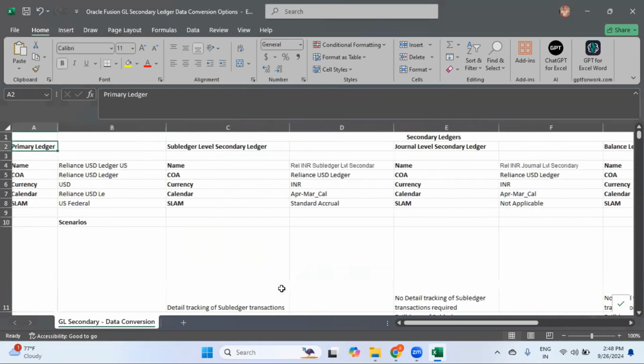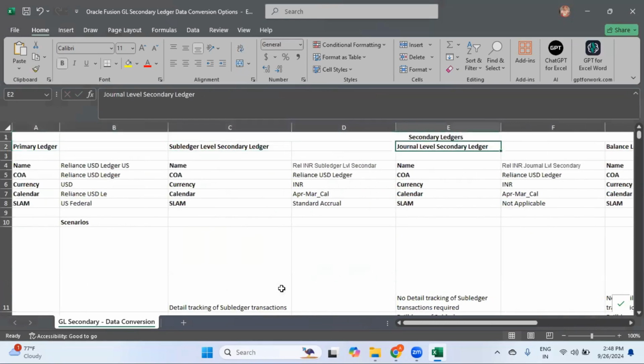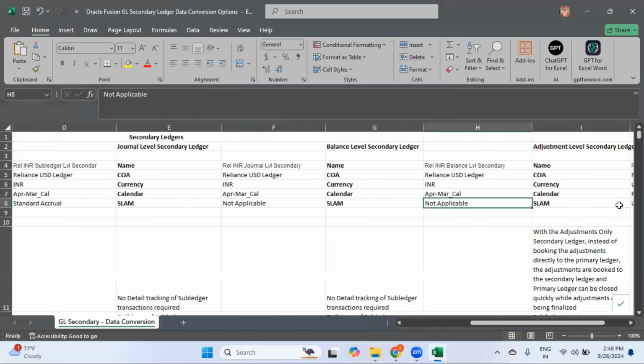Okay, now let's talk about the second data conversion option, which is the journal level second ledger. It has the same chart of accounts as the primary ledger, but the currency is different and the calendar is different. In the case of a general level second ledger, the subledger accounting method is not applicable. The system allows you to enter the subledger accounting method only for the subledger level second ledger,